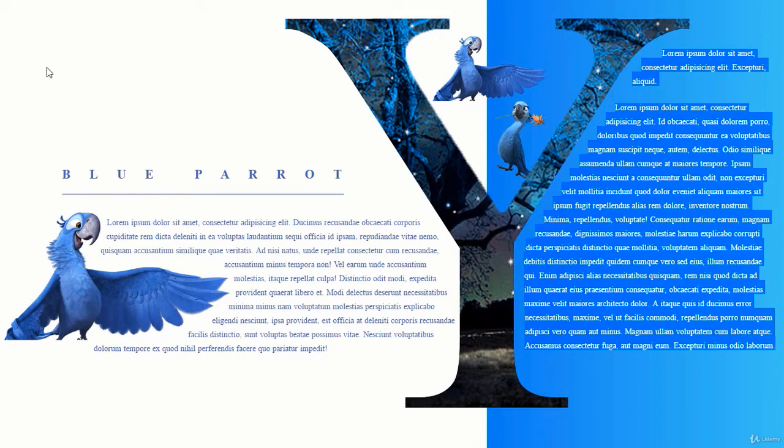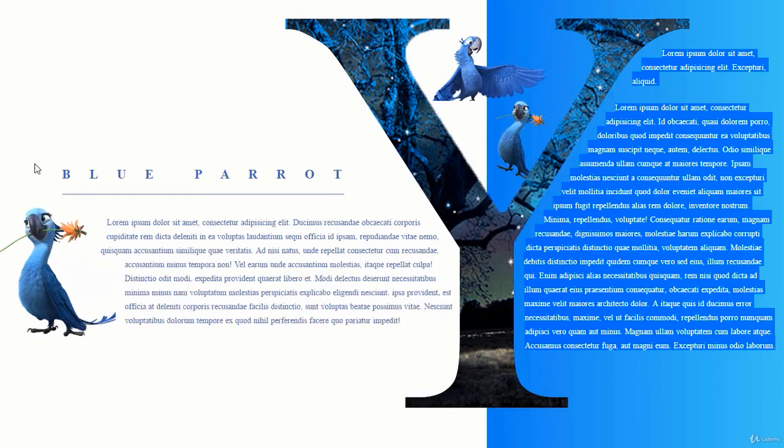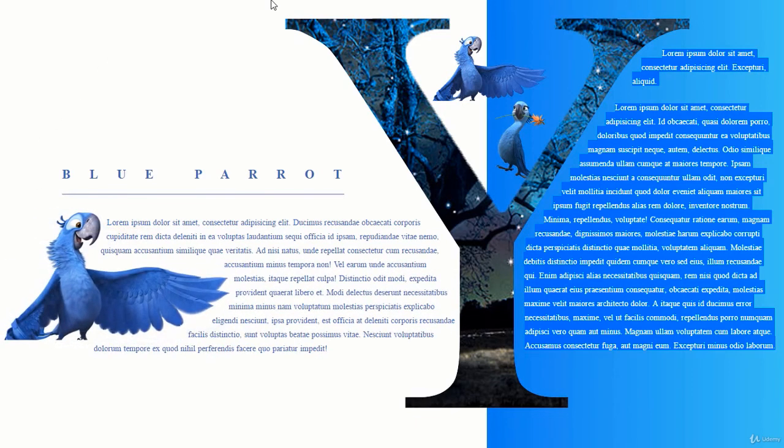This is the male parrot, and you can see our content is flowing around this male parrot. But if I hover over this one, you will see that now this is our female parrot, and our content is also flowing around this female parrot. This is a great example of CSS native shapes, and you will learn how to build this.